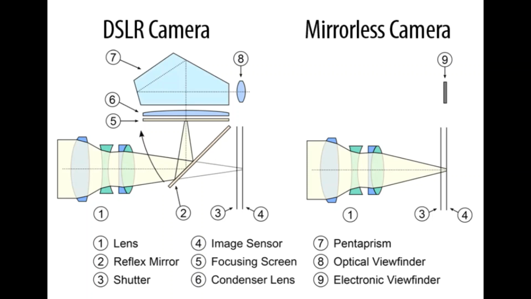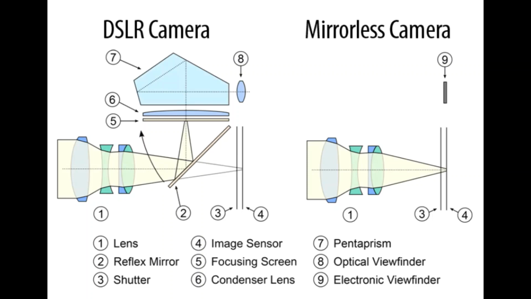And guys, here is the inner view of a mirrorless camera for your reference. I have placed it near the inner view of the DSLR camera itself so that you can compare it for yourself and see what the actual difference is. Here, as you can see by yourself, the mirrorless camera does not have the reflex mirror and the pentaprism. So the distance between the lens and the image sensor is very short, which means that the camera itself is much smaller in size.